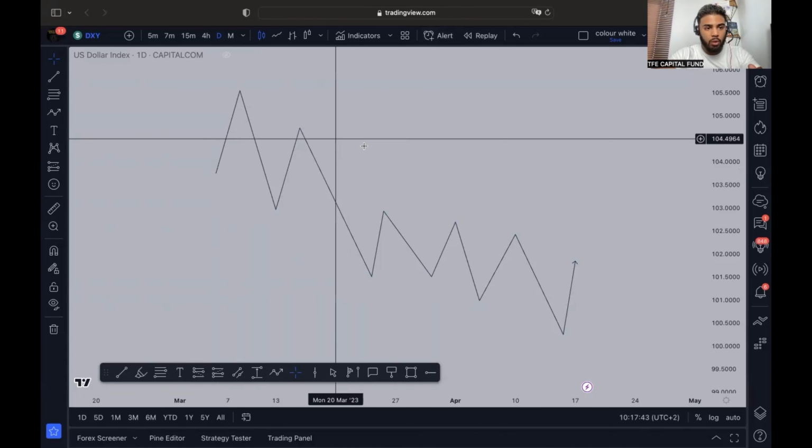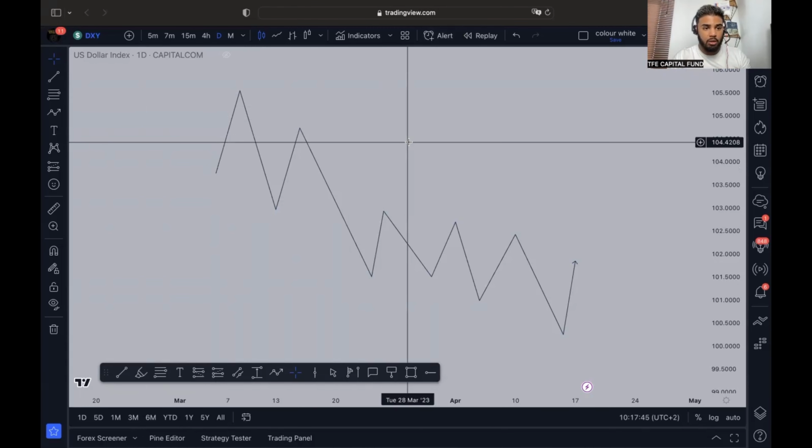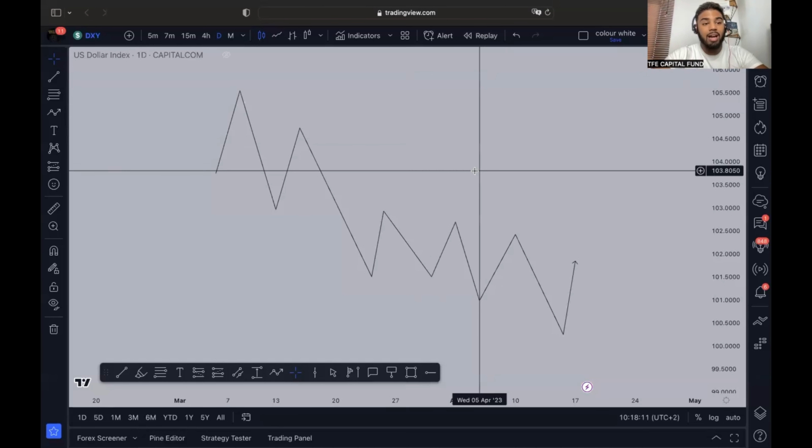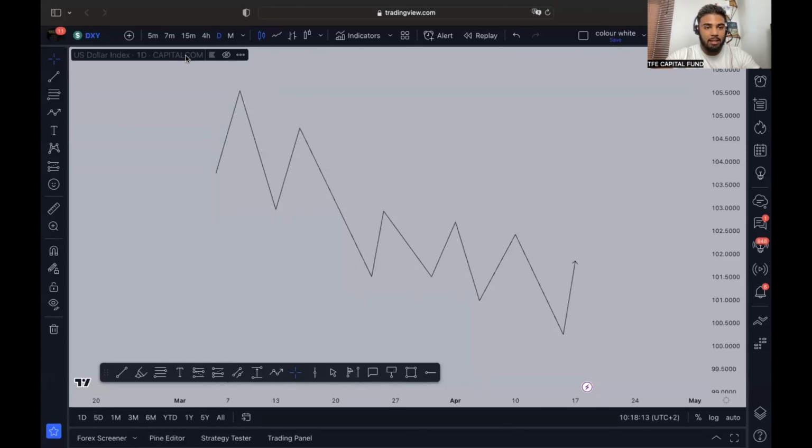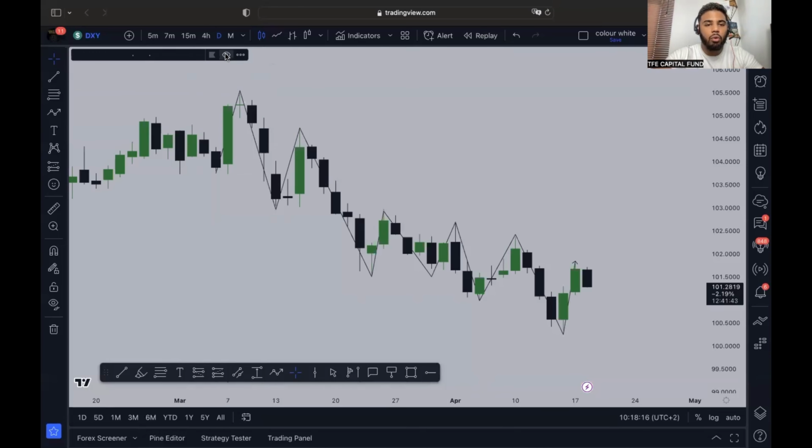So this is a lesson for you guys as well: the correlation between the pairs. You get correlation between pairs, right? So if the dollar's buying, NASDAQ is selling. If the dollar's buying, US30 is selling. Now, if you can understand this on a higher scope, you'll understand what can happen for NASDAQ, US30, gold, EURUSD, GBPUSD, all the major pairs, including the dollar.